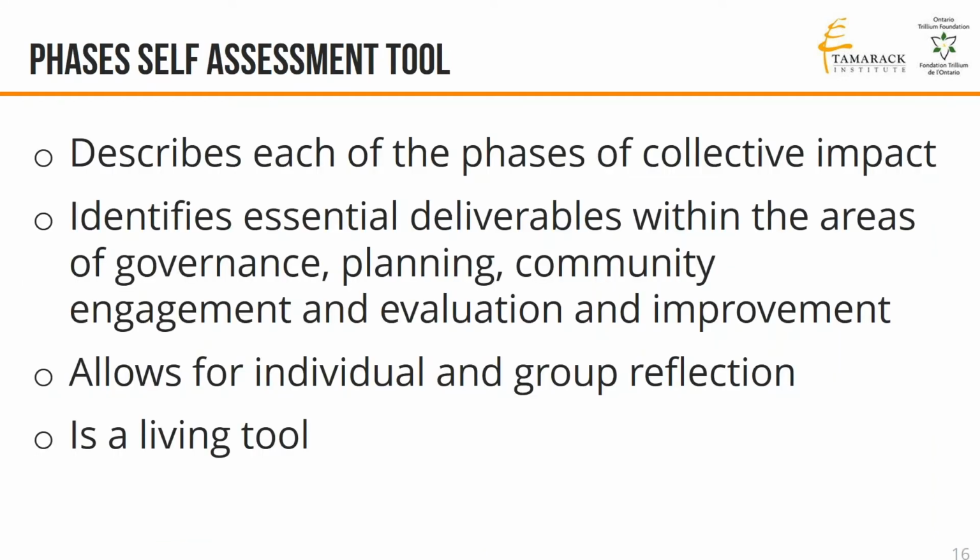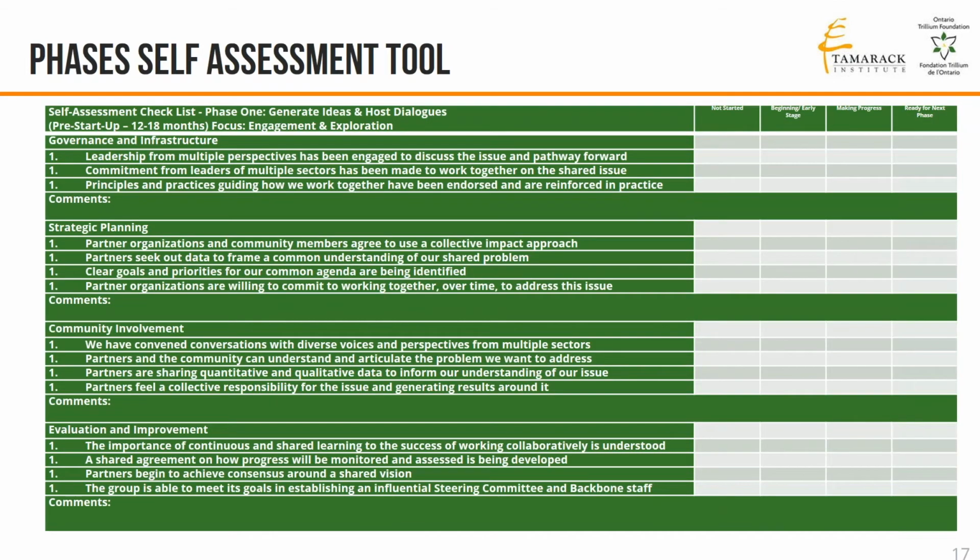The other element that we've built into the tool, I'm just going to jump one slide ahead and then I'll come back, is this self-assessment checklist. I've pulled out phase 1, the pre-startup phase, and FSG has identified that this phase 1 pre-startup phase is about 12 to 18 months in length. And so we've developed as part of our self-assessment tool a bit of a checklist, right? And so we've taken those components of success and we've said,